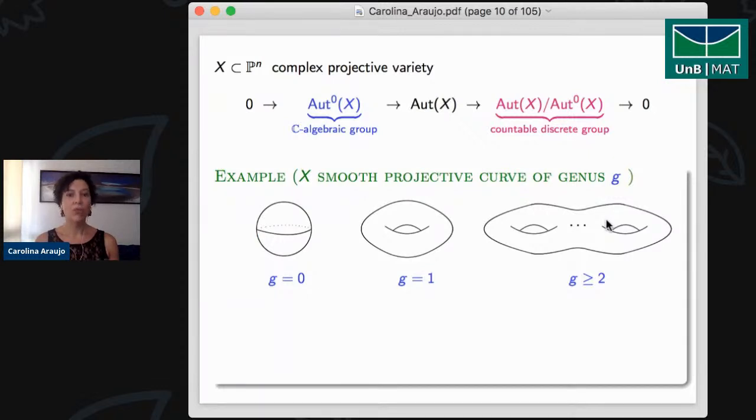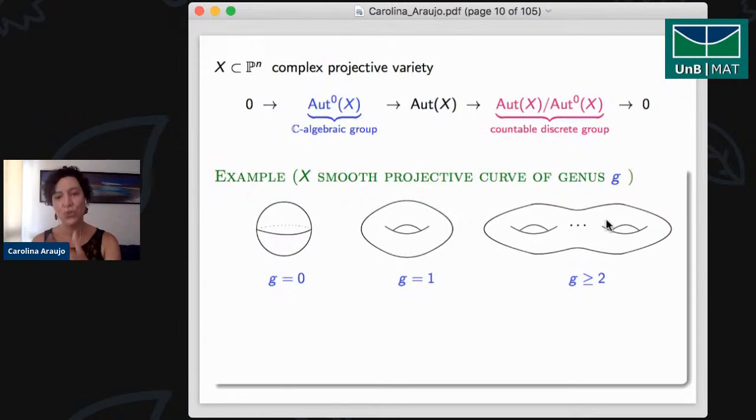For instance, in terms of group theory, we have this division in these three cases according to the fundamental group of the Riemann surface. So the first one is just the sphere, the second one is just the plane, and